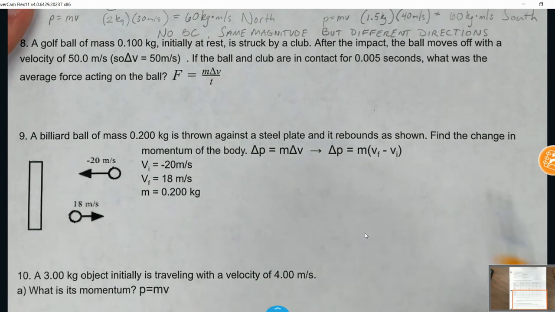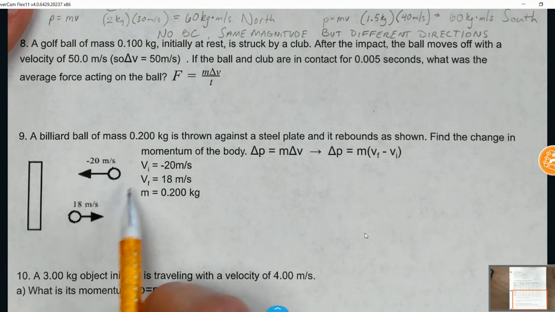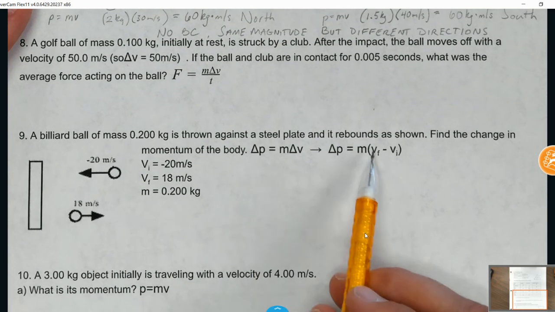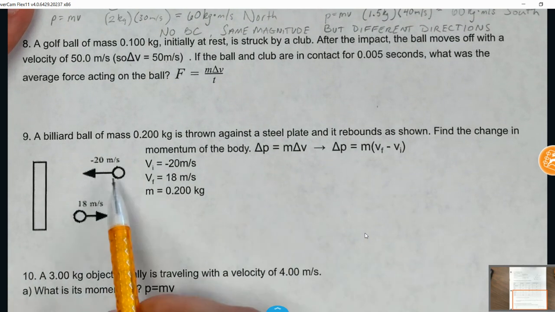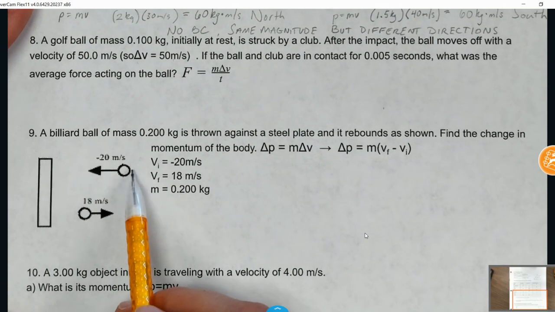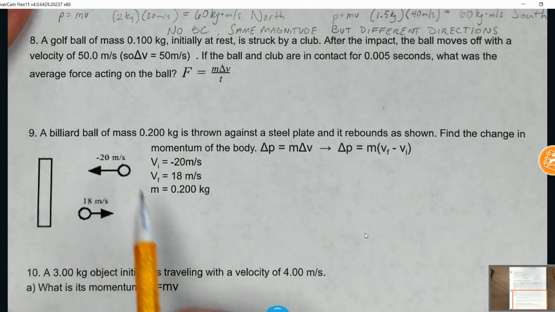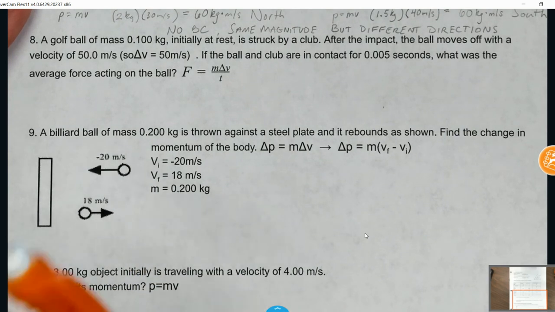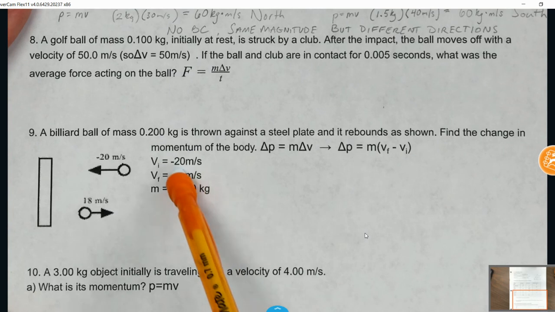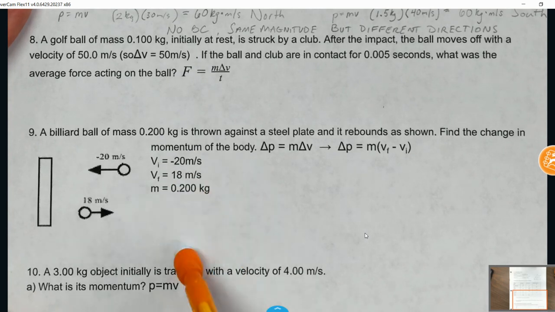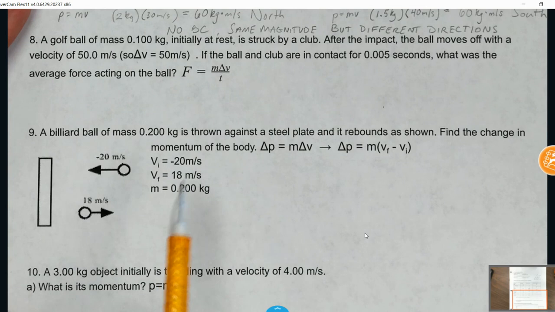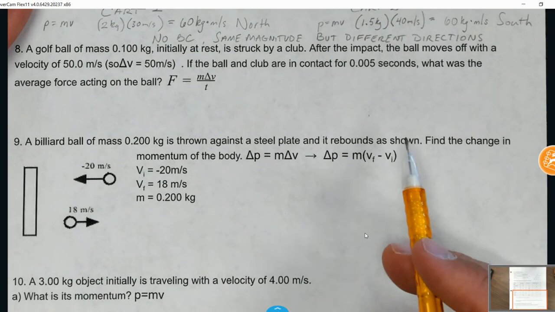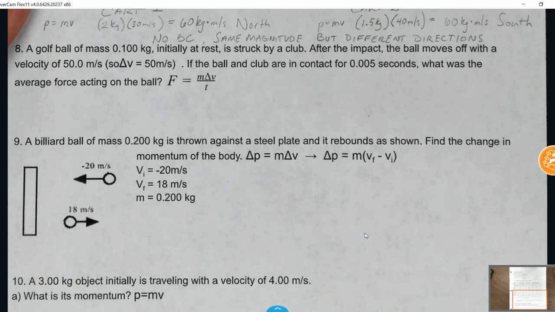So in number 9, the mass of this ball is 0.2 kilograms, and it's thrown against a steel plate, and it rebounds. So here, it's 20 meters per second going into the wall, going out. Hopefully you'll be able to figure out which one's the initial velocity and which one's the final velocity. But do note that I did put in the negative symbol, the negative 20, which comes into play. So to figure out how much the momentum of this object changed,